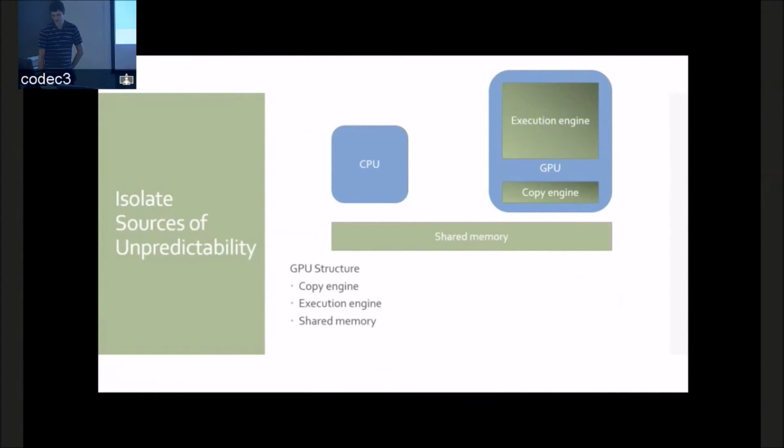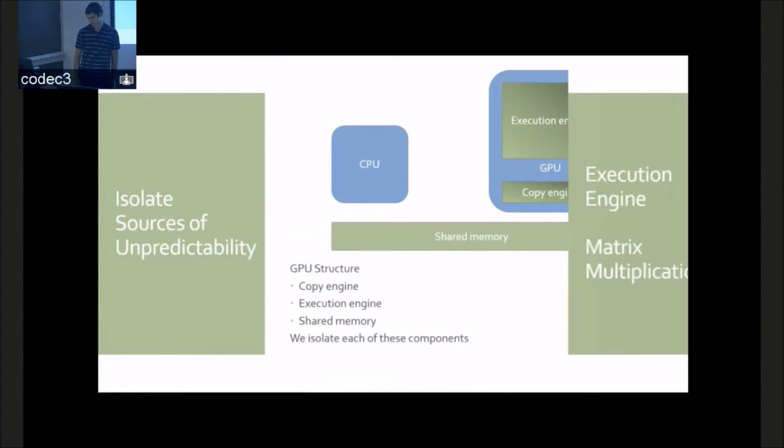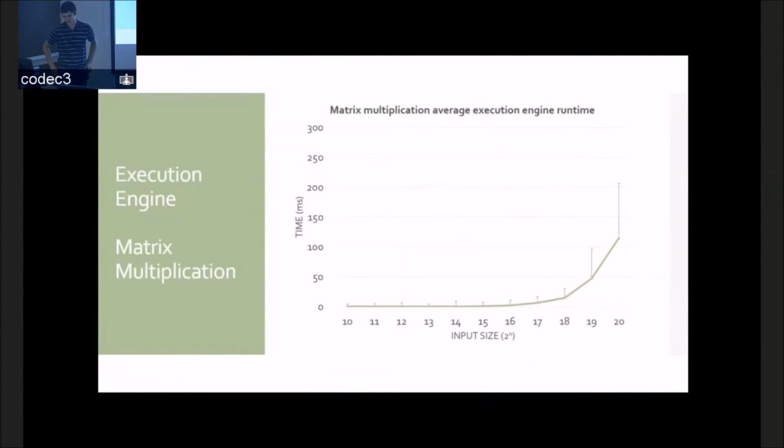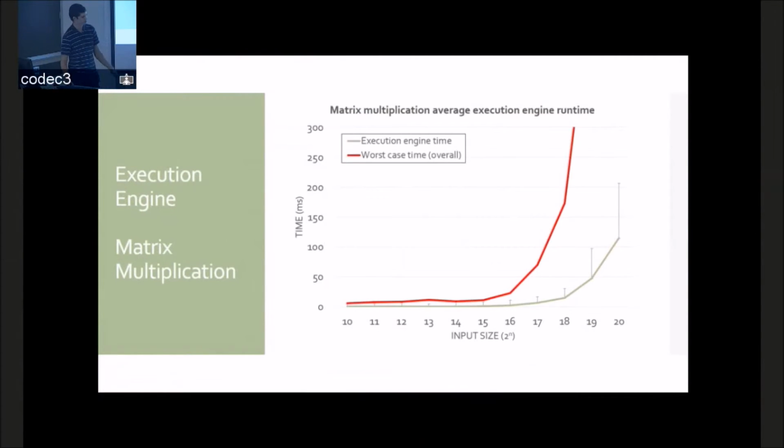Another source of unpredictability is that since the CPU and the GPU are on the same chip, they share memory, and we're going to look at some of the unpredictability there. So if we look at just the time the program spends in the execution engine, we see kind of the same shape as before, except now the worst case runtime is not off the screen, it's a lot lower, where before it was that red line that goes way off the screen. So this isn't the overall program, this is just one part of it, but there's something between the top of those error bars and the red line that's taking up a lot more time,